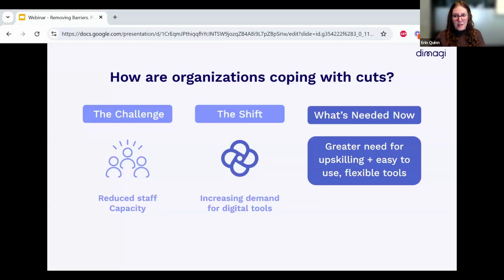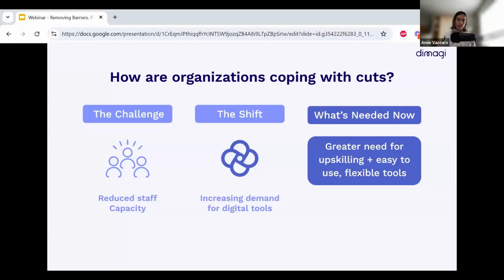You might have to go train people who work on the programs team or work in country offices, or you might be training people that normally wouldn't be working with a digital tool. And all of that burden is kind of going on to the original folks that do know how to use these digital tools. And so there's just an increased need for these easy to use, flexible tools that people can really easily learn how to use.